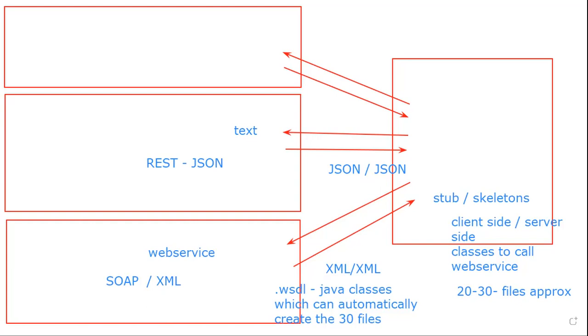Now, to fill out that second bank's form, let us say one person is available. What he tells, you don't worry. You give me the format which the bank is asking. I will generate the 20 to 30 formats, whatever he is asking, in a neat way. You just give me your data. That's all he is asking.